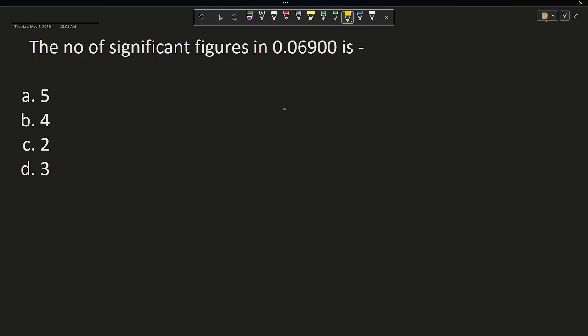So let's start the class. First question is the number of significant figures in this one. So here you have to remember the rule, that is